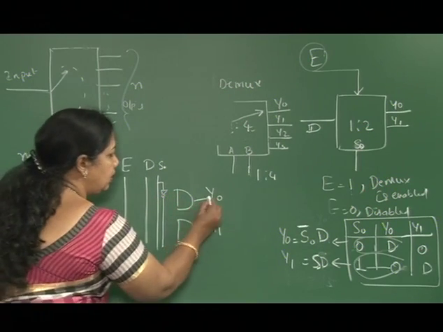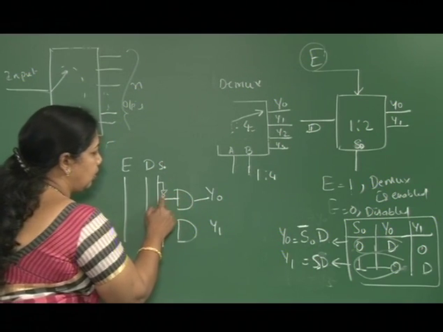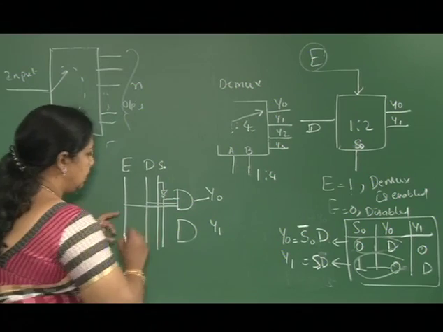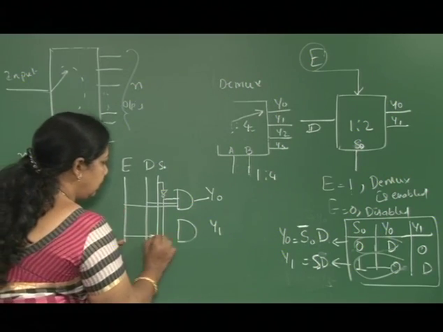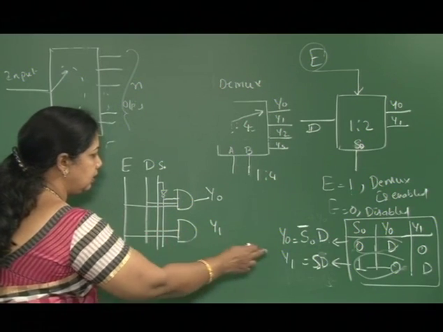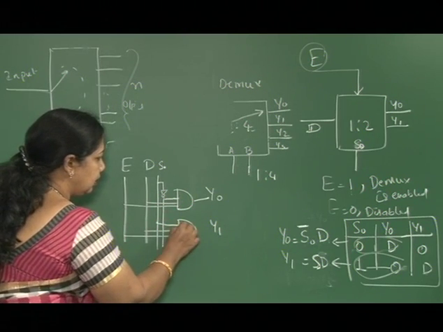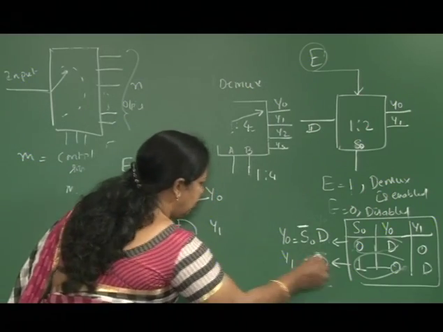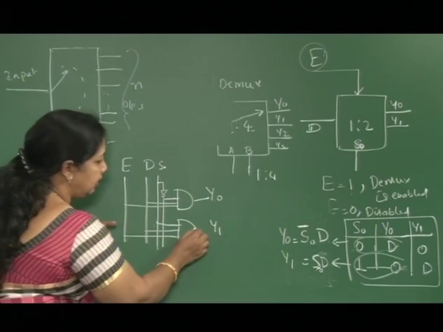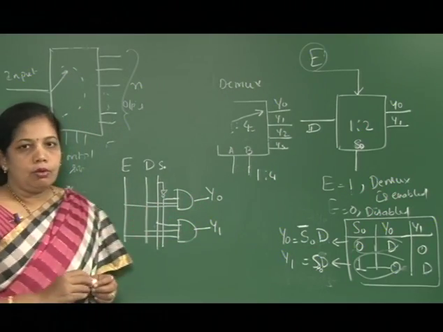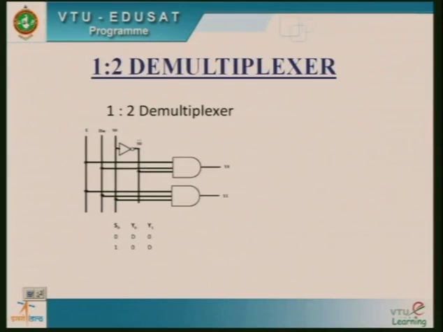So here Y0 is S0 complement and D, of course enable pin is connected. Similarly here enable pin is connected and D is connected, and you are connecting S0 here. So S0 is connected and this is Y0, Y1. This is how I am going to write the circuit diagram for 1:2